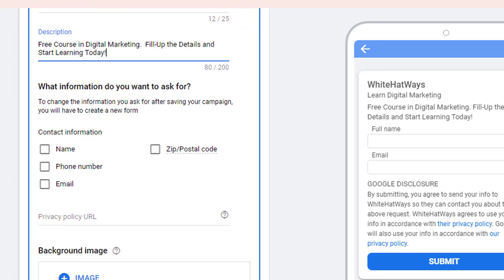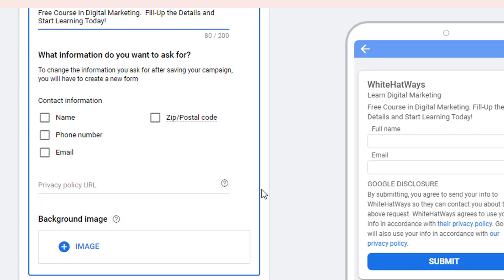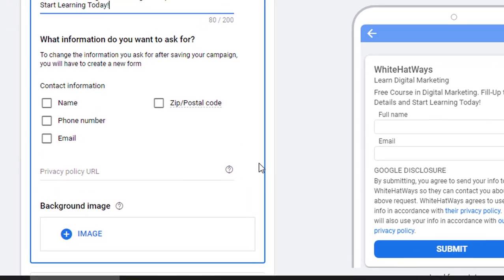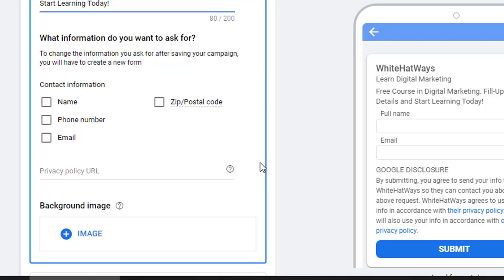Then I'll go down below. So now it is asking me for the fields which I wish to keep in this particular lead extension. Please keep these fields as minimal as possible. Don't make it a very cumbersome form which people might just get afraid of at first glance. So keep only the relevant fields, only those important fields without which you would not be able to do anything. Otherwise, people might get afraid and they might not even fill up the form and it will go for a toss. So in this case, I have kept it as full name and email address.